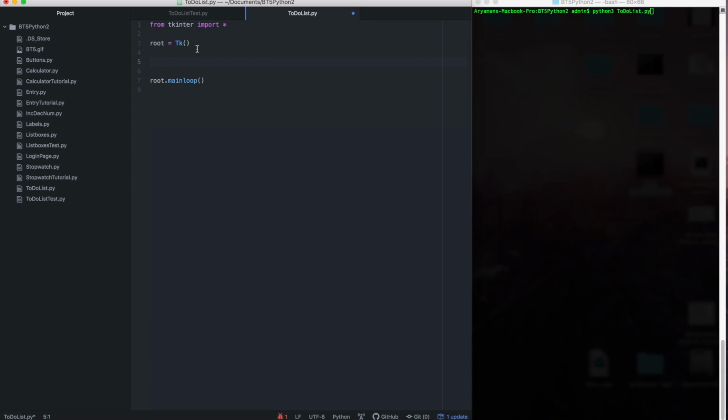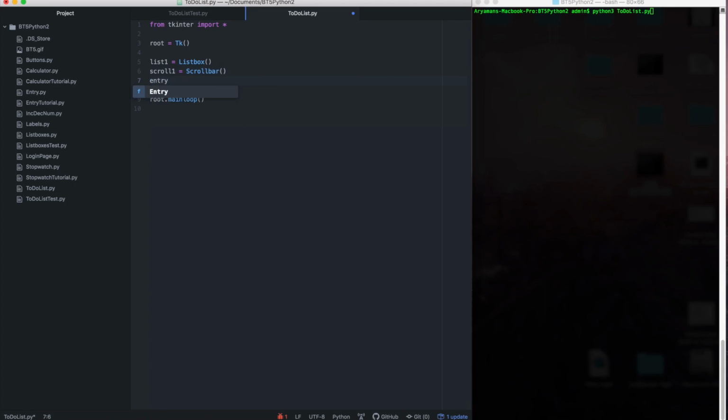So for the to-do list, we want to have a list box on the left, then we want to have a scroll bar, an entry field, an add button, and a delete button or a done button. So we'll start off with the list box, so we'll call it list, and then let's actually call it list1 so it's a bit less confusing. We'll have a list box, and then we'll make the scroll bar, so scroll1 is equal to Scrollbar, and then we'll have the entry field,